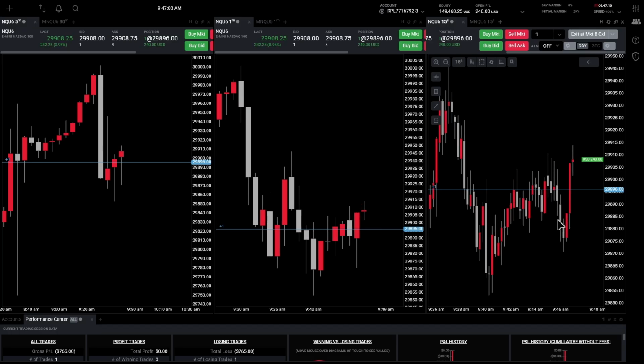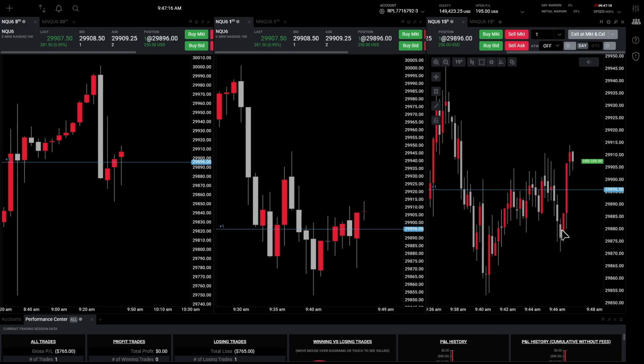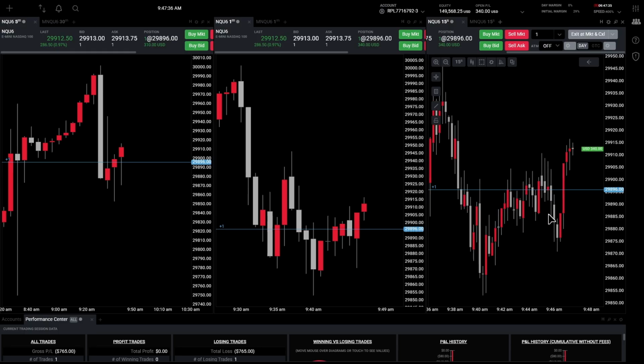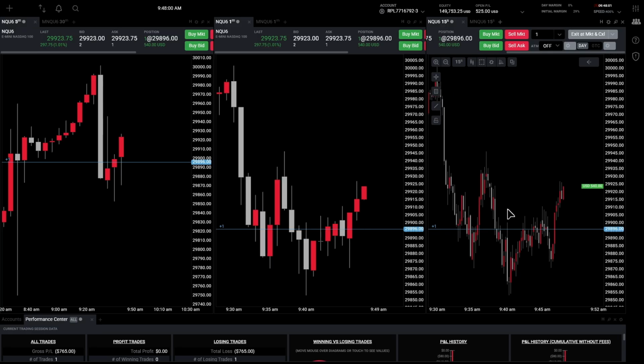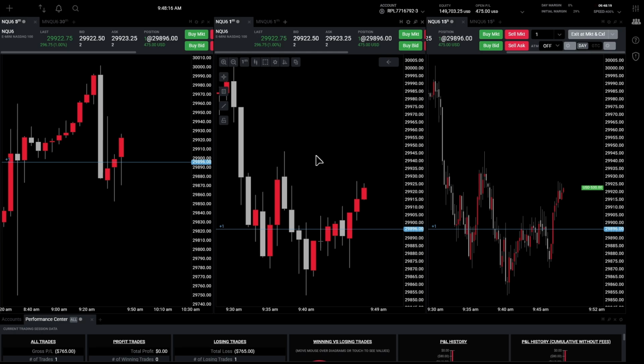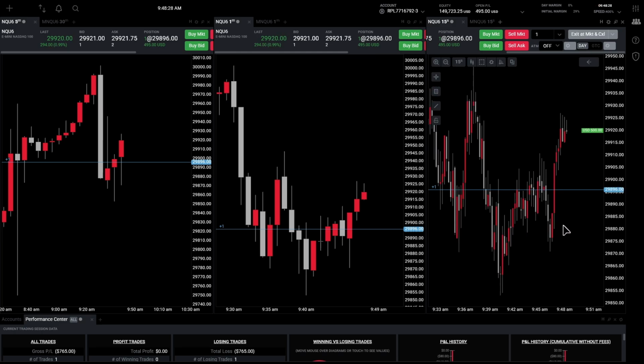Look at the way it went lower right there. You see how it went lower? It went lower very choppy-ish. I can't really describe it, but it was very rigid going down. And even still, it's going up now, right? I could look for a displacement past this high and possibly hedge. But look at how price is delivering.